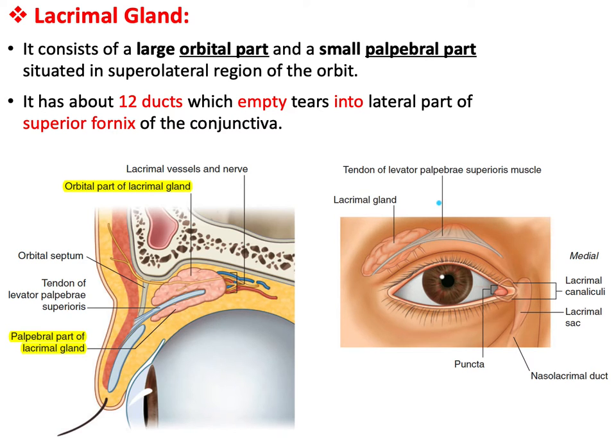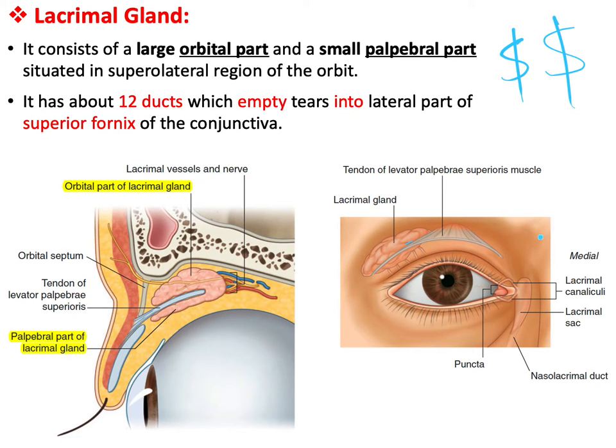Lacrimal glands, yes, lacrimal glands are very important because their role is really in protecting the eye and lubricating the cornea, and they also have different substances to nourish the eye and cornea and structures there. So the lacrimal gland, you have to know, which is very important, is located in the superior lateral region of the